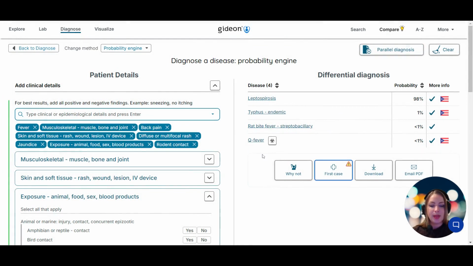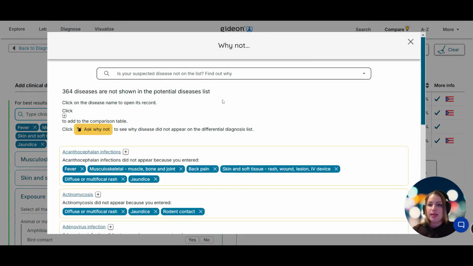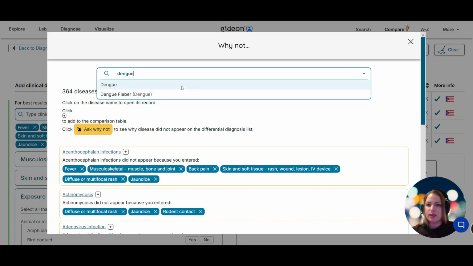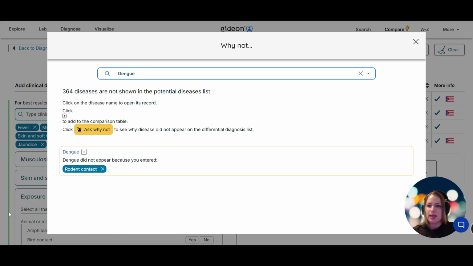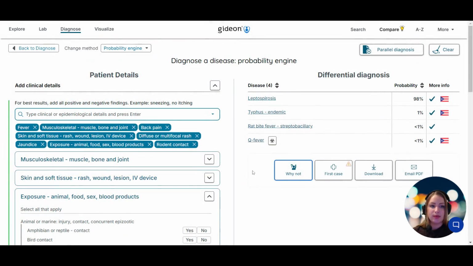and I'll show you what we can do with that in a second. Before I leave this interface, I do want to show you that we can query GIDEON why something did not appear on the list. So why is dengue not on the list, even though it seemed so likely after we noticed jaundice? Well, dengue is not associated with rodent contact. And because we think that rodents may have something to do with this particular infection, this disease has been taken out of the equation. Now, we can always remove and recalculate and arrive at a different diagnosis. We can download this case, we can email the PDF,